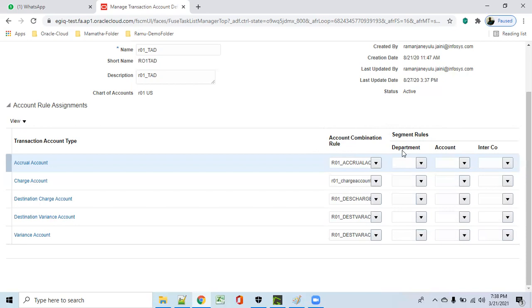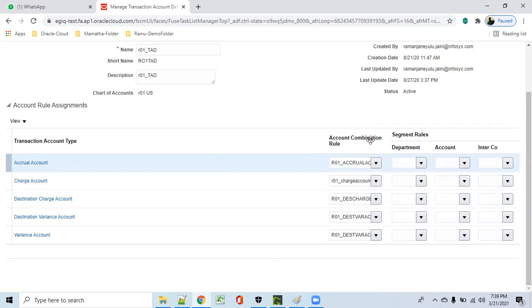But if you want to bring multiple variations of account combination inputs, then you go for a mapping set. That mapping set we link to the account rule, and then this account rule we can bring under the department, so individually you bring each segment-wise account. Or if we don't want to go like this and want only an account rule combination, then you can use that, and you can use multiple also.